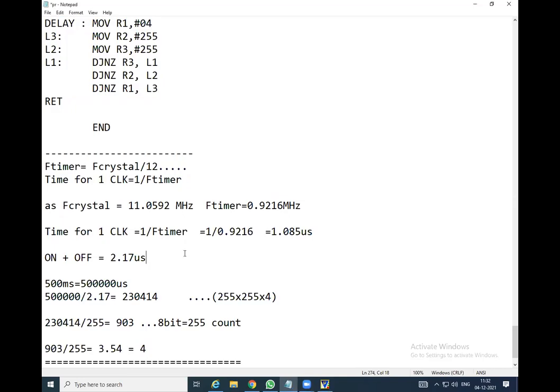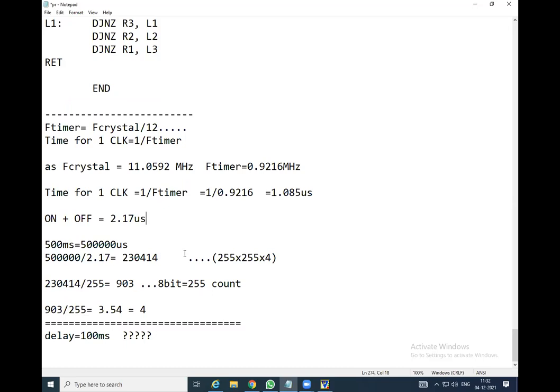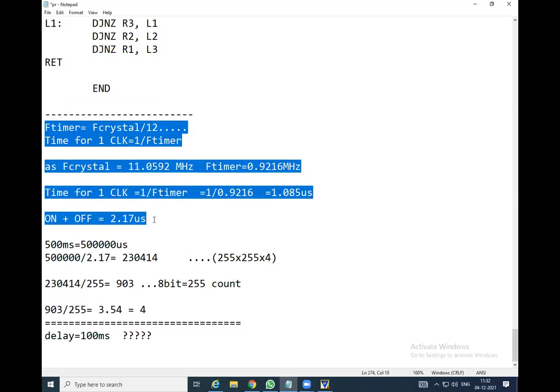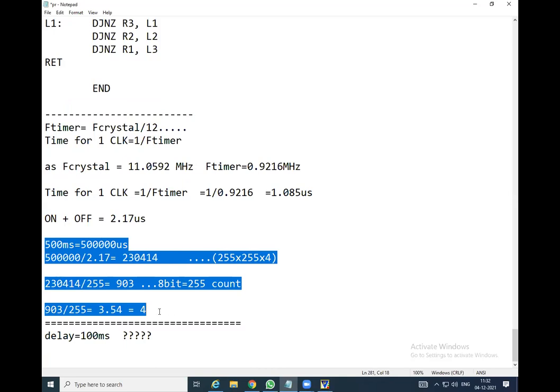So only one student is live here or what? The calculation is the same one, up to this it will be the same, you are only supposed to go on with this calculation for 100 millisecond.